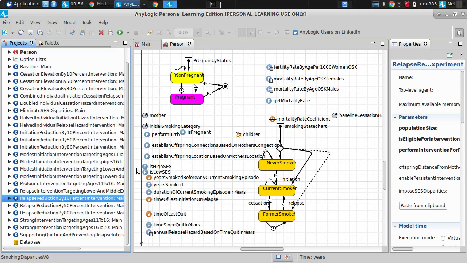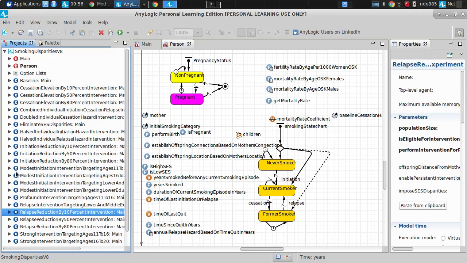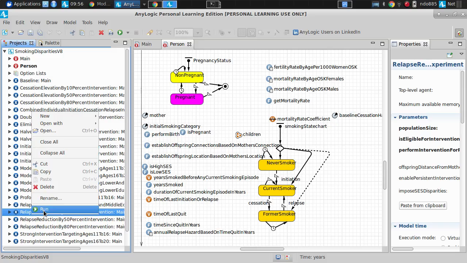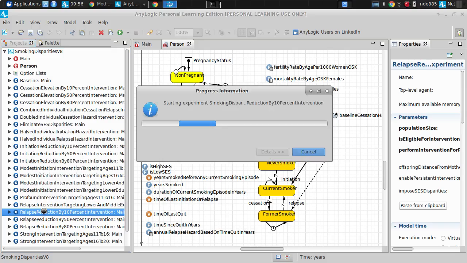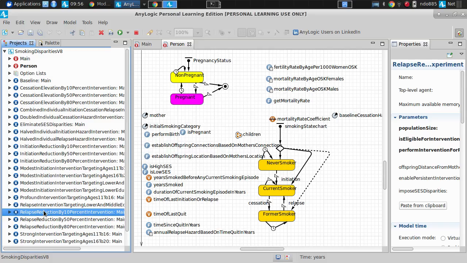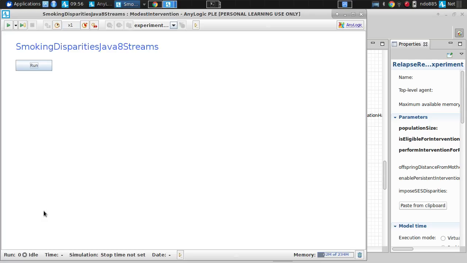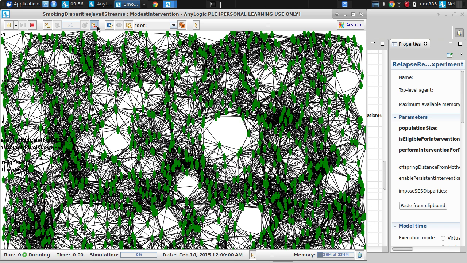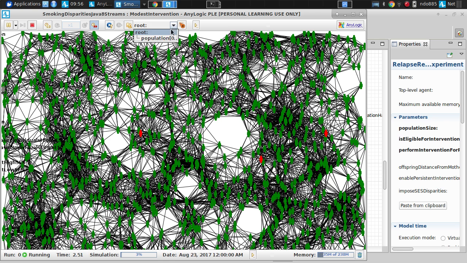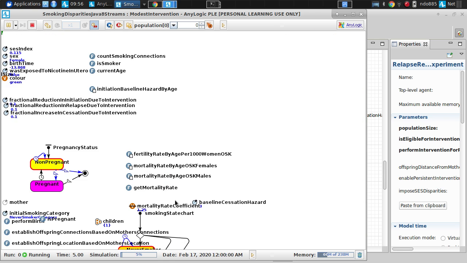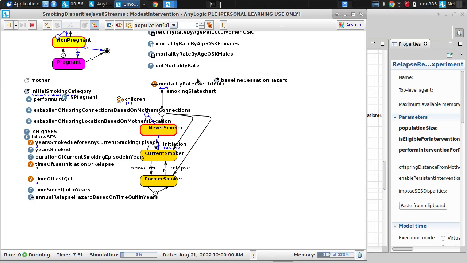How did I do that? Well, ladies and gentlemen, I went over here on the left-hand side. These are all scenarios. And I can right-click here on this, and I can choose Run. And that's saying I want to run this particular scenario where I'm positing this change in the relapse hazard. And then I can say Run, and I can see how that plays out. Now, what's notable here, folks, if we go down, and we'll run it out for 100 years once again, and if we go down to the level of particular individual, and we're to reflect on this,